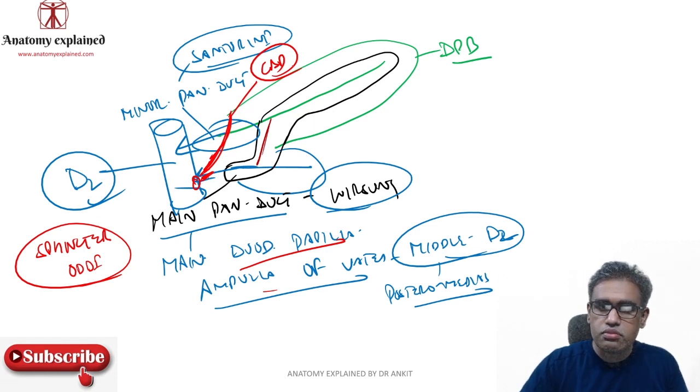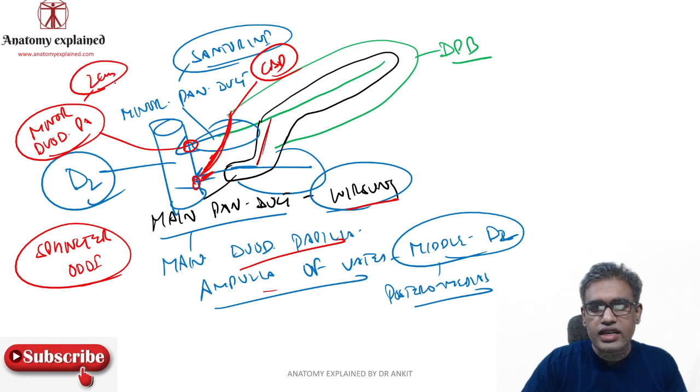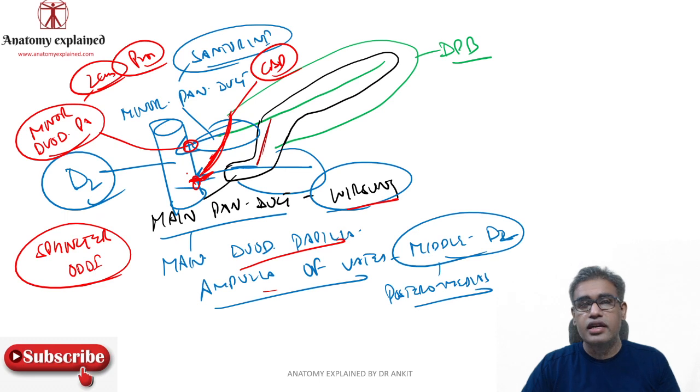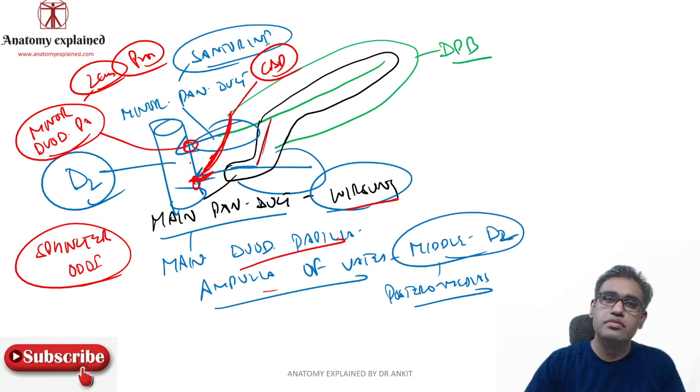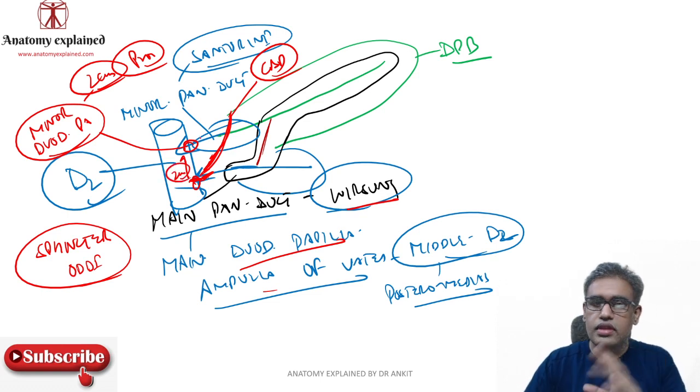It is a combination of the bile from the CBD and the duct of Wirsung, the main duct. Now this is your accessory or Santorini duct opening, known as the minor duodenal papilla. Its opening is said to be around 2 cm proximal to the opening of the major pancreatic duct, the major duodenal papilla. That is a normal thing. But we have to relate embryologically how these ducts are formed.